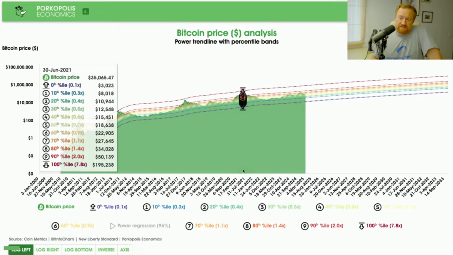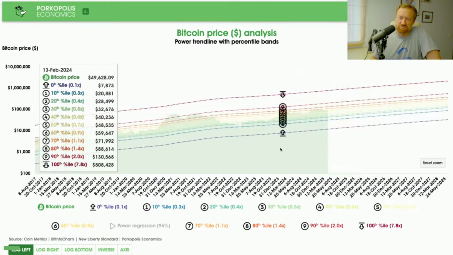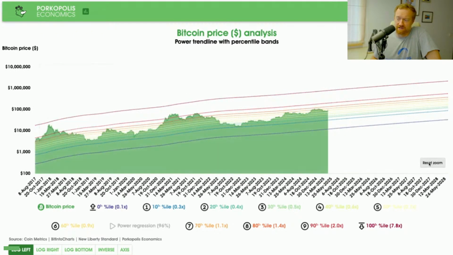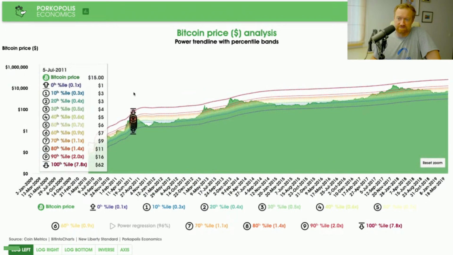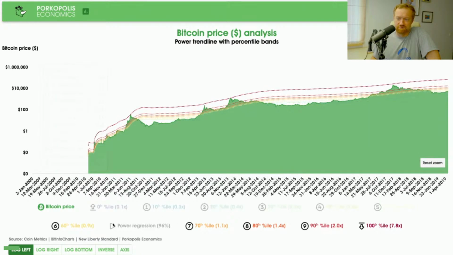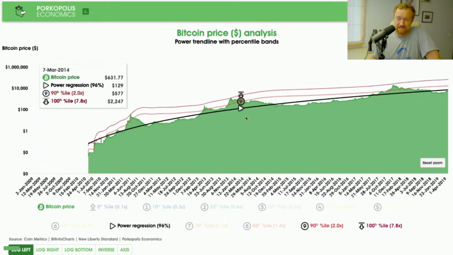I've shown this a lot, and I've realized that it's easier for people to project out if you have more detail above the 90th, okay? Because we've talked a lot about the 90th percentile, but you can see that if we look back in the past, there's a lot of action. Let's even just take out everything below. When price booms and adoption booms, let's bring the power trend back. Something above the 90th is actually where the peaks have been,